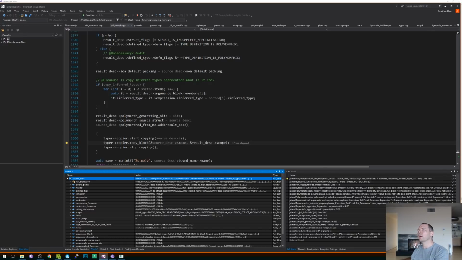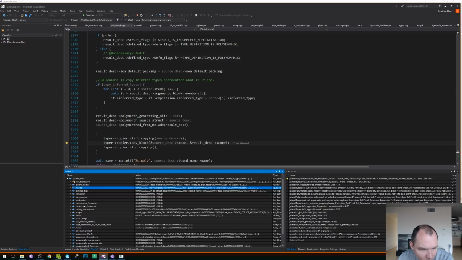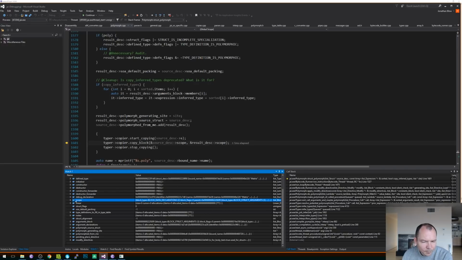So when you do that thing where you say body text, people have to wait in the pipeline for their body text to fill in. And you know, when I rewrote all this polymorphism stuff, I probably made that work right for lambdas, but for structs I maybe haven't. So the source description, yeah, he's through the pipe, but he has no members, which means he didn't wait on body text. Except